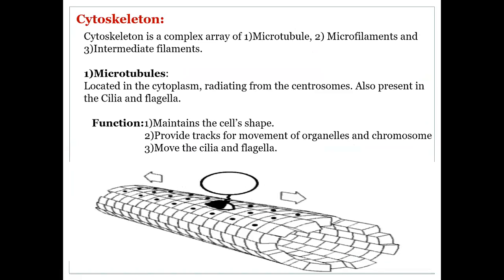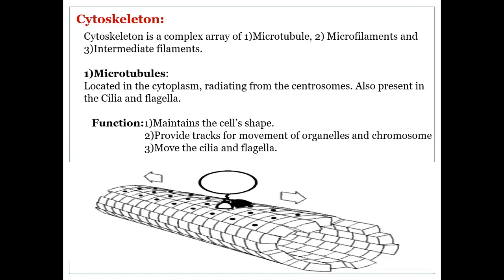Now the cytoskeleton. The cytoskeleton consists of microtubules, microfilaments, and intermediate filaments, different non-membranous organelles. Microtubules are located in the cytoplasm and radiate from the centrosome. We already said that the centrosome or centrioles are structurally formed by microtubules. Different microtubules are arranged to surround an area and form a centriole, and two centrioles form a pair at a right angle, which is termed a centrosome. Microtubules are also present in cilia and flagella, because when a cell needs to move